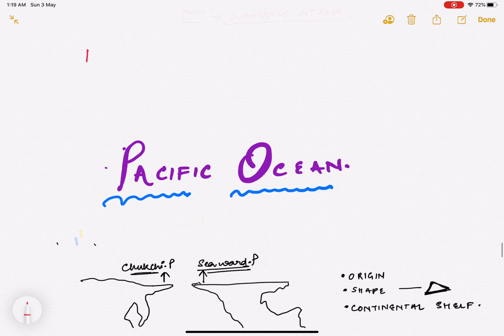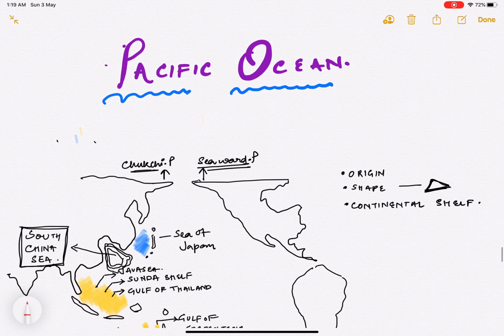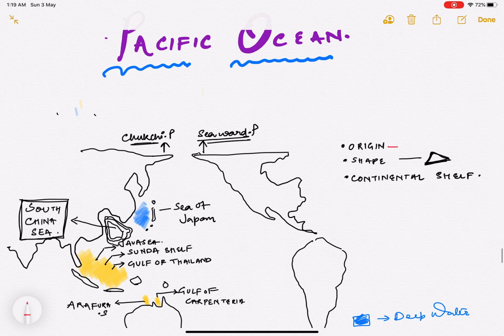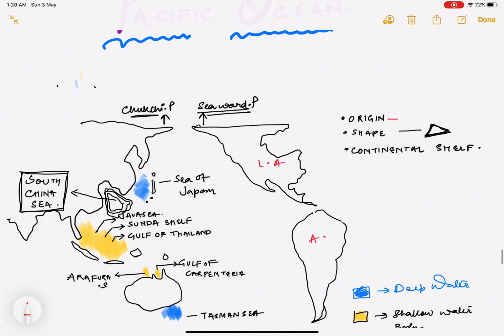let's come to your Pacific Ocean. Now, prior to going to the Pacific Ocean, let's talk about the origin of the Pacific Ocean. The Pacific Ocean was formed because of the separation of both the Laurasia and the Gondwana land. That is the separation of your Eurasian plate from the main Laurasian plate, and the separation of the South American plate from the rest of your Gondwana plate, that led to your formation of the entire Pacific.